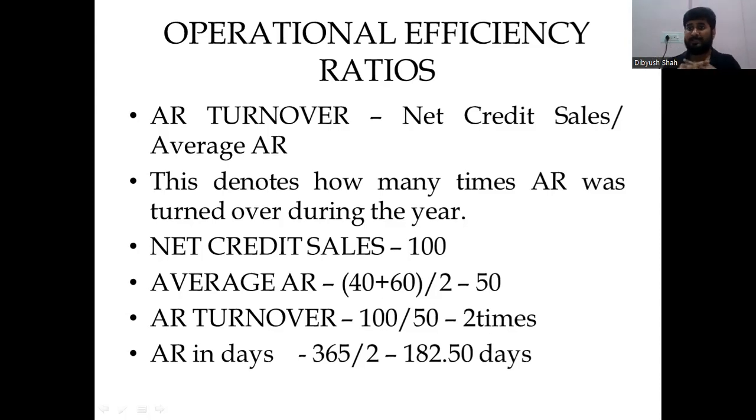Now, how do I calculate the AR in days? Simply stating, you don't even need a formula for it. You were able to collect your entire accounts receivable 2 times during the year. How many days are there in the year? 365. Divide 365 by the AR turnover, that is the number of times you were able to collect your accounts receivable. You get the figure 182.5 days. This means on an average, your accounts receivable are outstanding for 182.5 days during the year. That shows a little bit of a problem, that perhaps you have a collection problem,